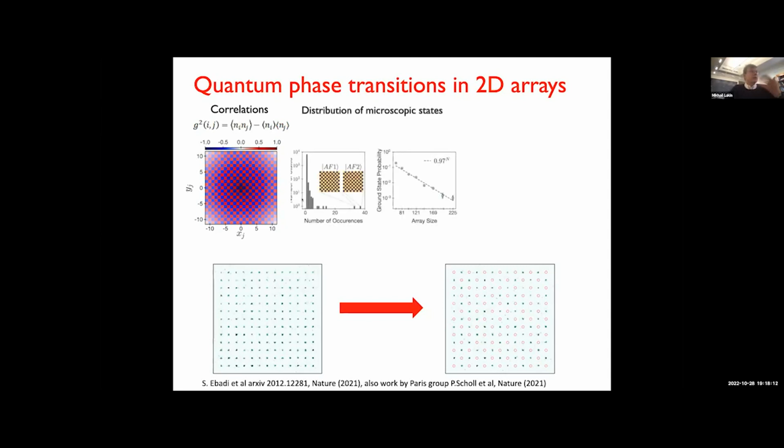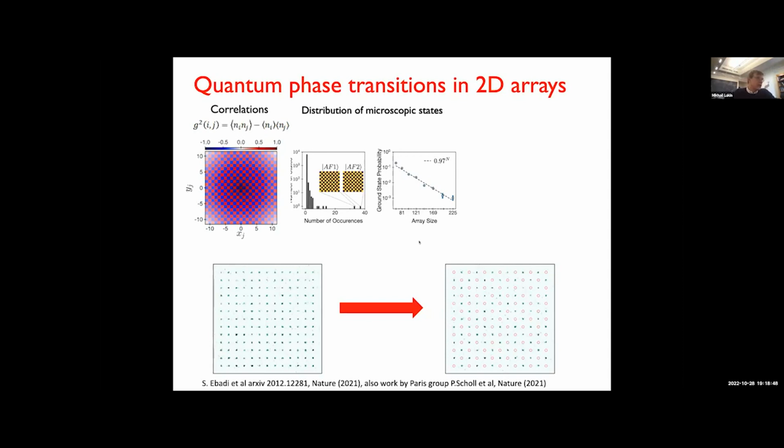You can also look at things microscopically and ask what's the probability that this kind of state will appear. It turns out that this state, and the state where the pattern is shifted by a lattice site away, although not very probable, is still the most probable of all microscopic configurations. This probability decreases exponentially, and the scaling law is 0.97 to the power of n. This means that there is a 3% error per atom, but it includes everything: imperfect preparation, quantum fluctuations, finite speed,